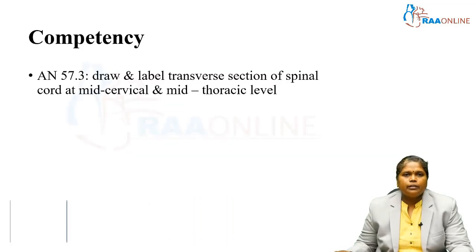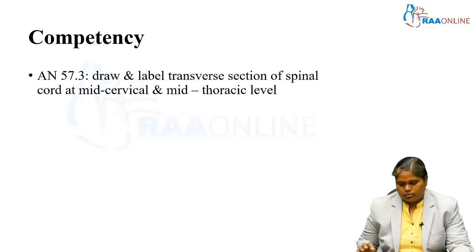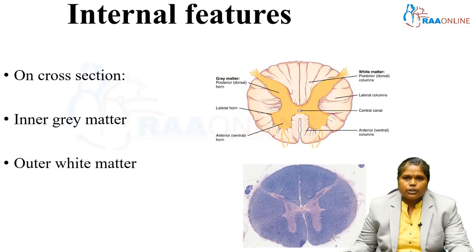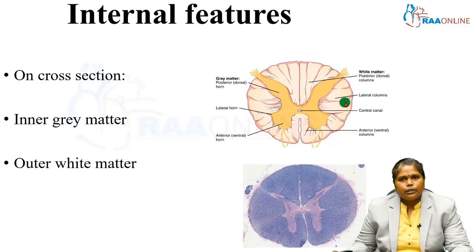So the competency for today's topic will be AN 57.3: draw and label a transverse section of the spinal cord at mid-cervical and mid-thoracic level. So this is a picture of a transverse section of the spinal cord. Here in the transverse section you can see two colors, the inner grey matter and the outer white matter. So first of all,